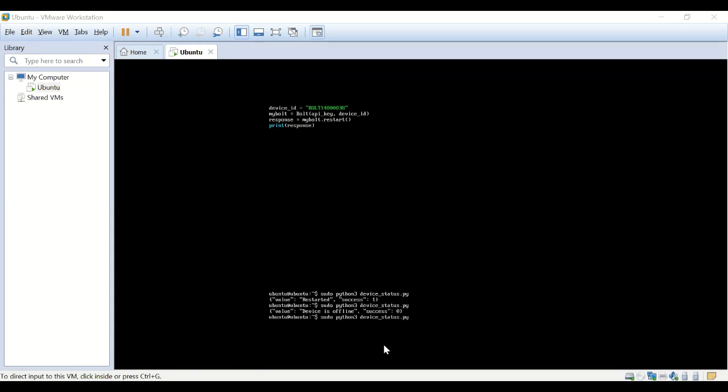So in the previous one we have seen how, using the Python library, we are able to check whether our Bolt Wi-Fi module is online or offline. Now, using the Python library, we are able to restart our Bolt Wi-Fi module. So how can we do it? Let's do it. We are creating the file the same way. In the previous file, if you change just one function, it will help in restarting the Wi-Fi module, that is the device. Click on enter.